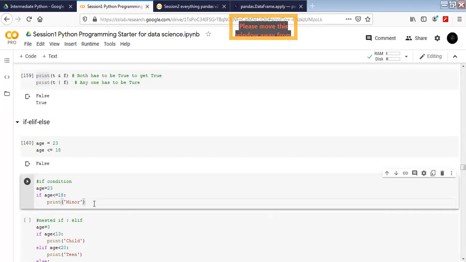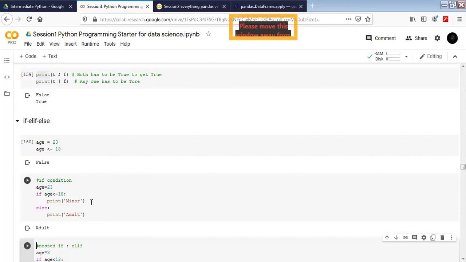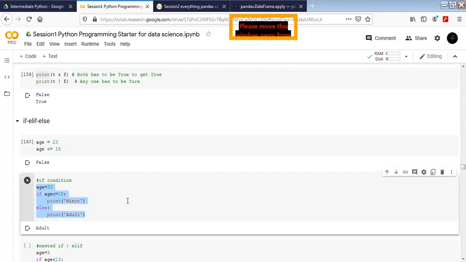But we need a backup here. To get a backup, we use the else statement. So if the if fails, we directly move to the else part and it prints the else for us. This is how the if statement works. Does anybody have a question about how the if statement works so far?